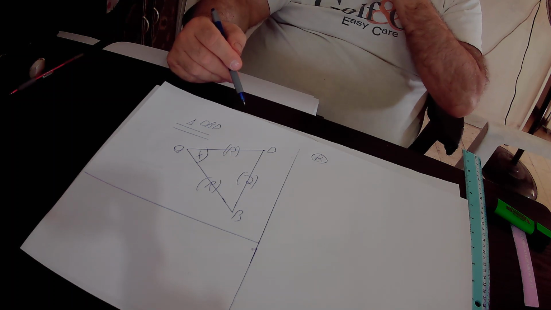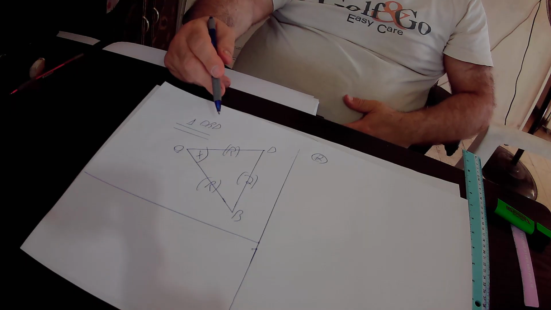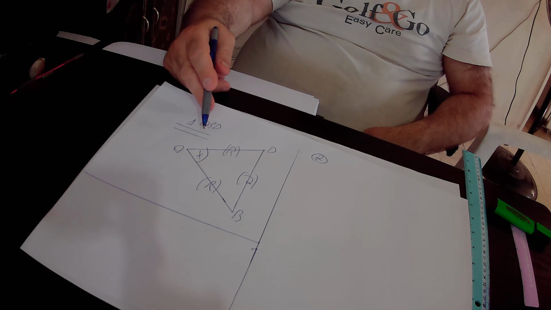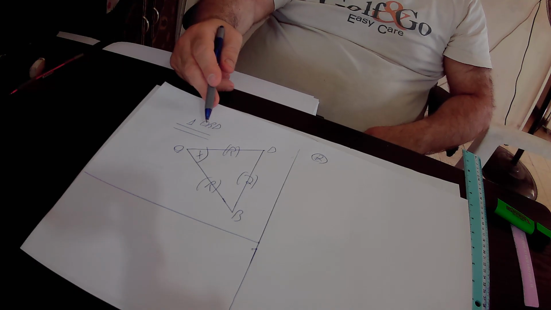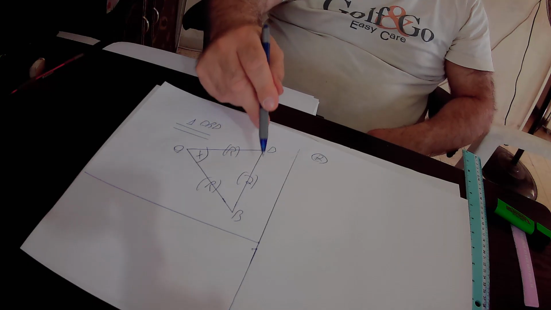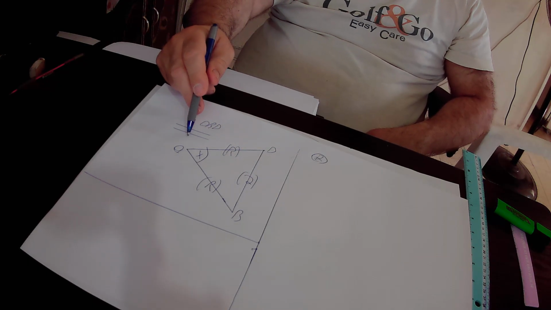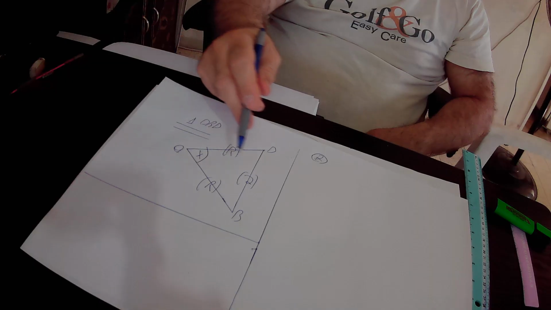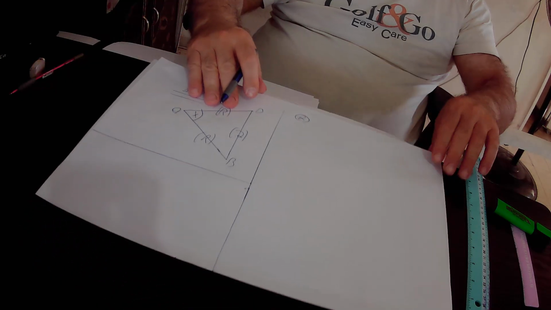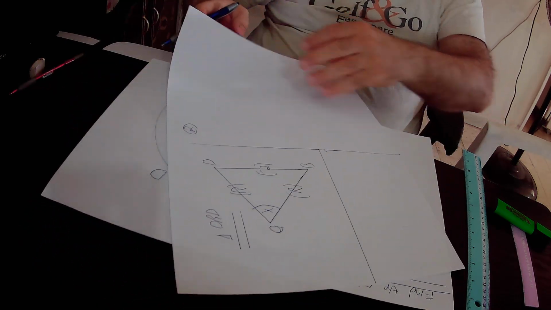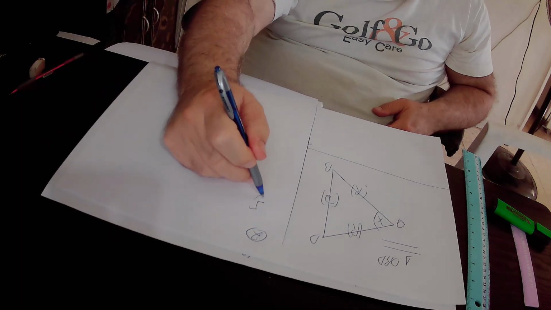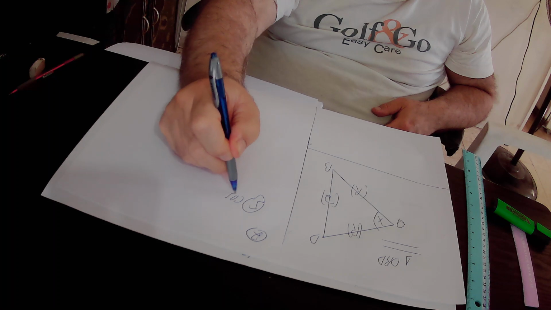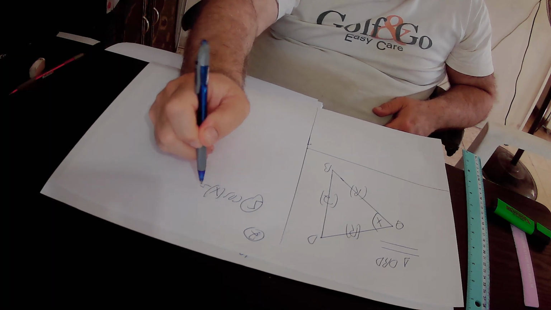So in this triangle BOD, cosine x will be equal to OD square plus OB square minus DB square over 2 times OD times OB. So I write it now. According to the law of cosines, in this triangle DOB, cosine x equals